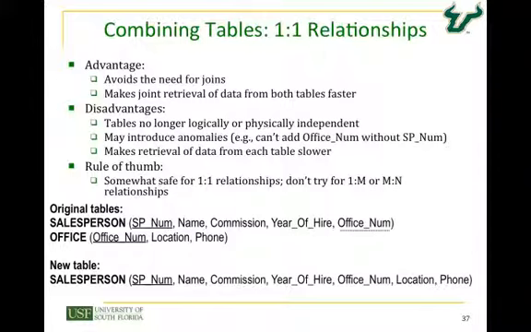So the disadvantages are that my data is no longer logically or physically independent, because if you look at the example down at the bottom on salesperson in office, this was an example we did the other day. I've gotten rid of that foreign key and I now have my office number and location and phone number assigned to the person. But